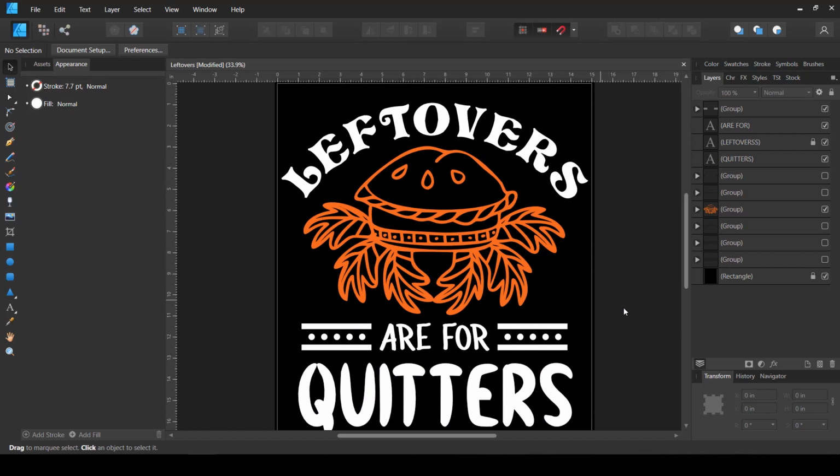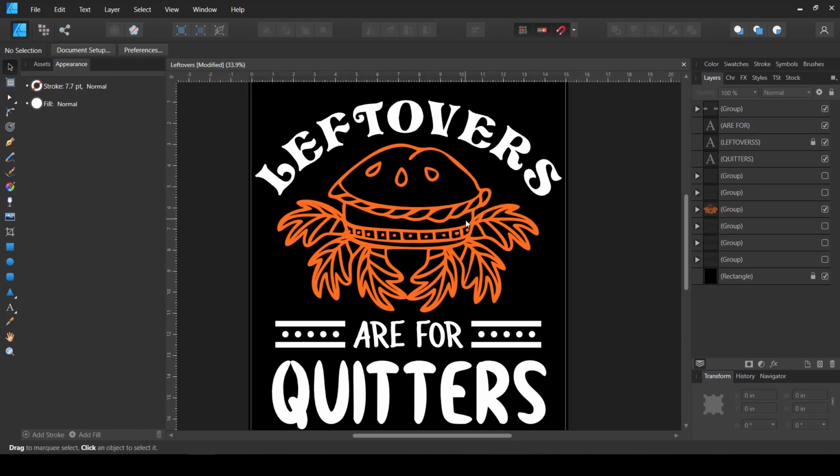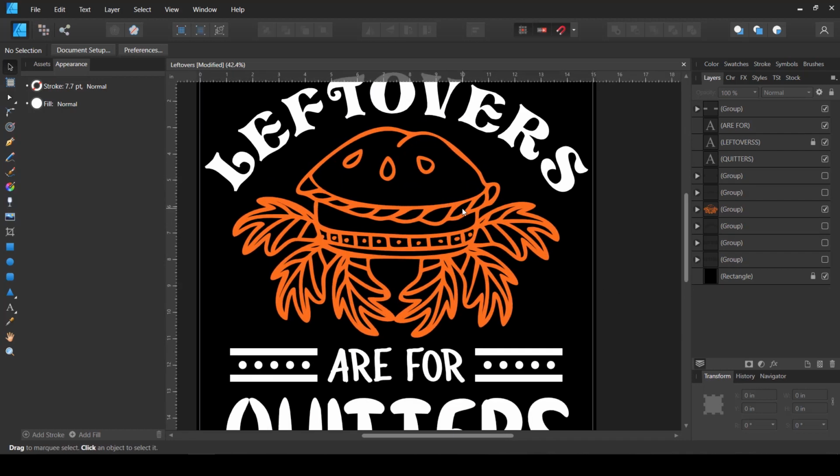Alright, next thing that we can do here is work on this graphic. Now I know that this is looking like a pumpkin pie, and we need to modify this color. I'm kind of liking this outline here, but I think I would like it more if it has some kind of filled color. So we can do some kind of image search on Google and try to find out what kind of these pumpkin pie illustrations are there, and what are the color choices that would be good for this